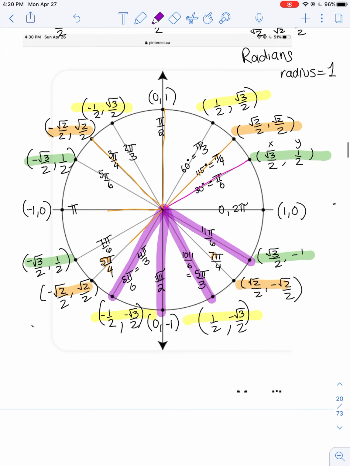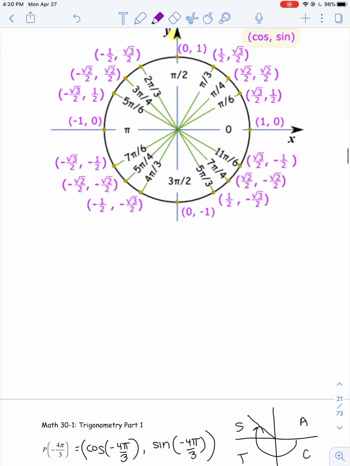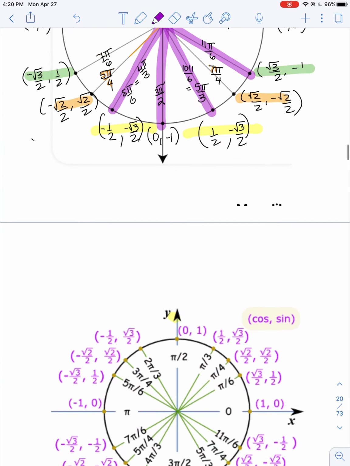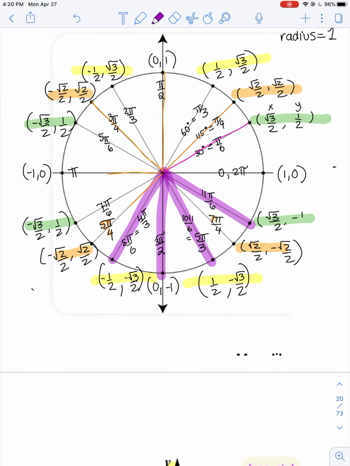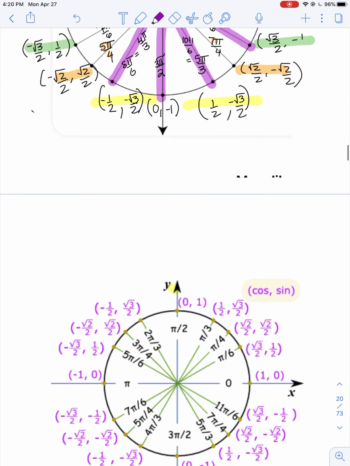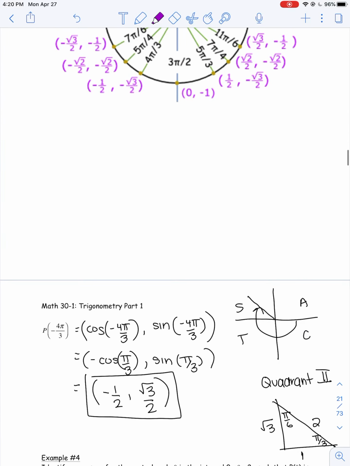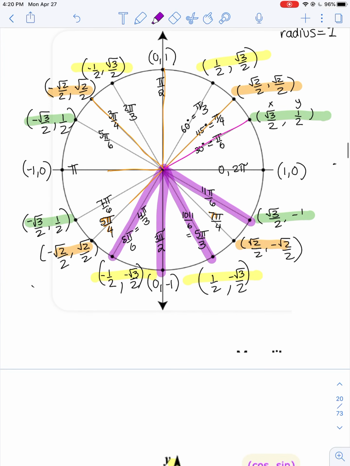This would be another section. So that would be 2, 3, 4, and that's it. So 1, 2, 3, 4 takes you to what coordinates? Well, you would write them down. So the coordinates, if you guys look at it,